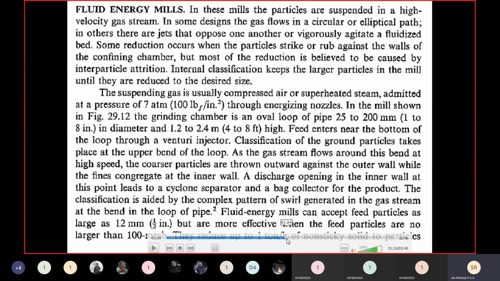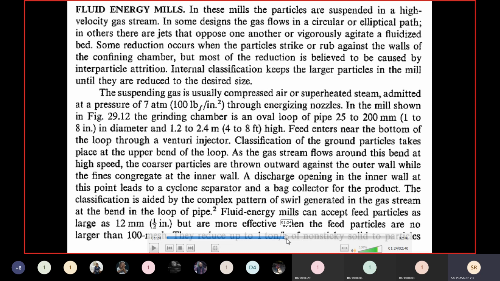Why a venturi injector? Because whenever the fluid passes through a narrow area, a narrow diameter, the velocity increases. We want the narrow area because the fluid should increase its velocity. When it increases, what will happen? It induces momentum transfer to the particle which is coming slowly from the top, because from the conveying chamber it is falling into the feed hopper, and to the feed hopper it falls down by gravity. But we are supposed to increase its velocity so that it strikes the surface and then breaks into pieces. This is done at the point called the venturi injector.